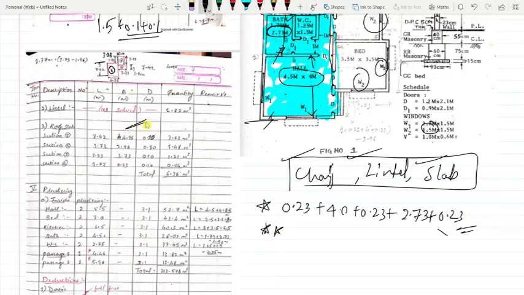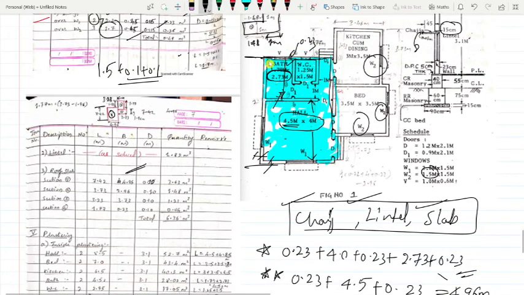Same again, the width also. How to do? See here we have 0.23 first. Now we have to take horizontal, 4.5 meters, plus again wall 0.23, so 4.96 meters. Yes. Like this only you have to calculate, and our entire slab section will come.